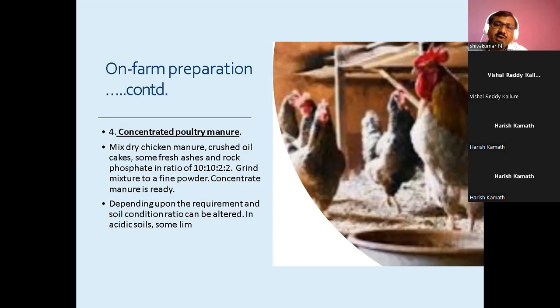This will improve the crop yield, quality and also fruit setting. You can use it in fruit crops or at the mid stage of the crops. You can use it for improved yield.